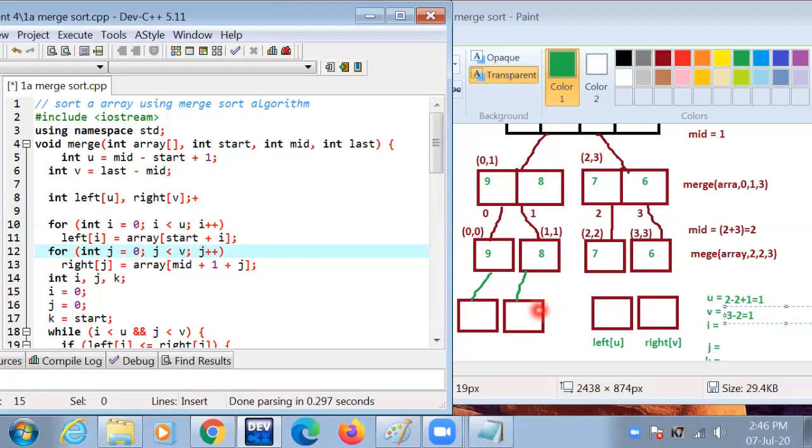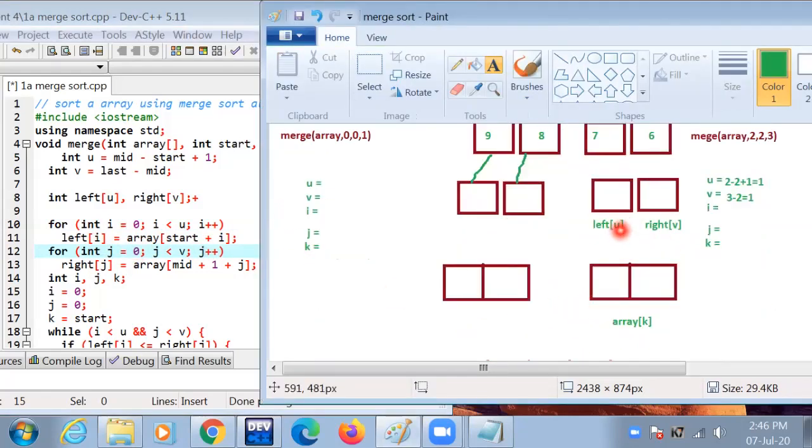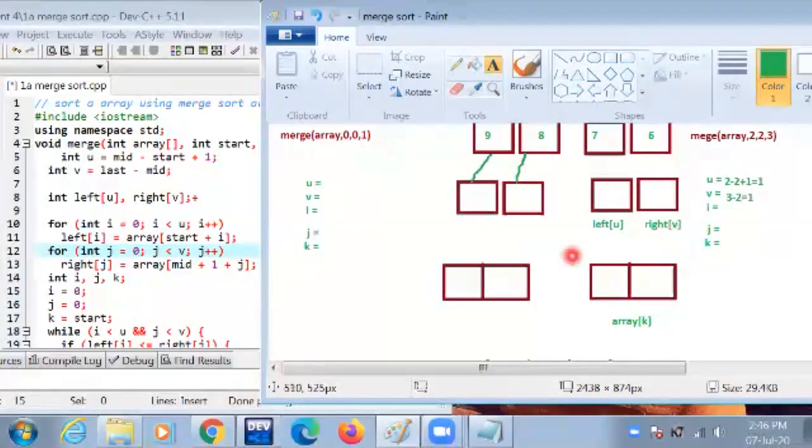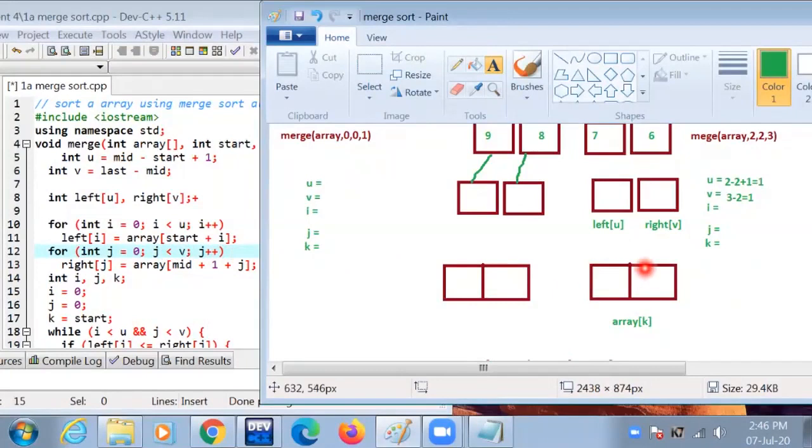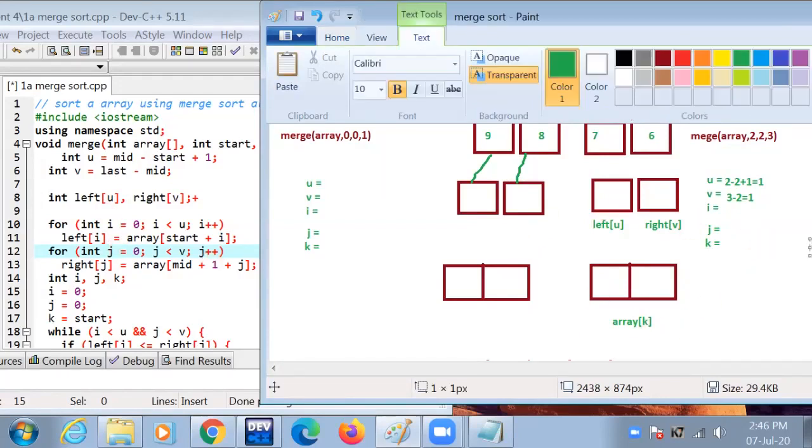Then the left, this is left and right, and left, this is left I, and array start plus 1, start plus I. The start value is 2 and I value is 0.